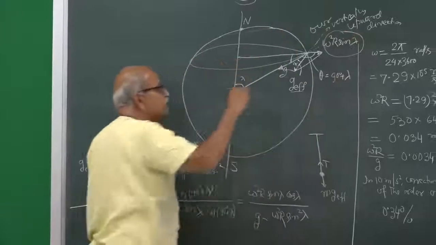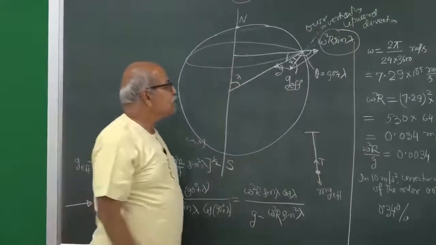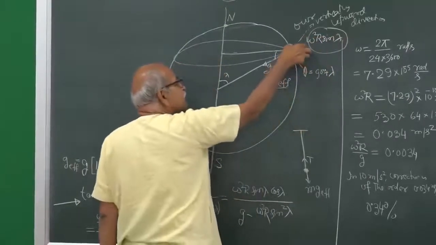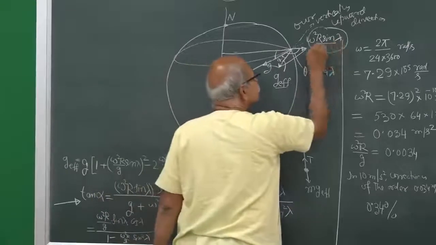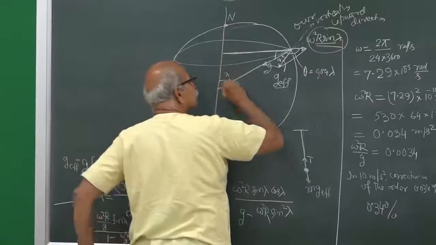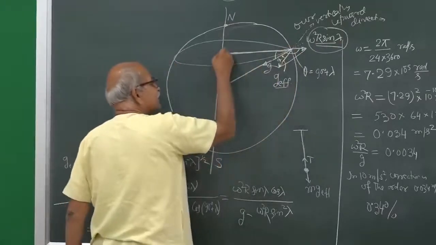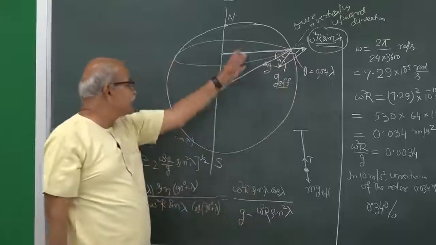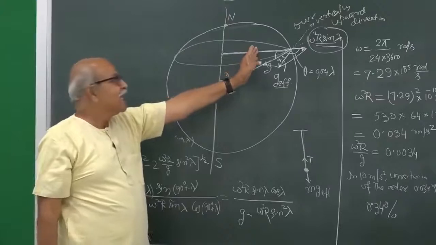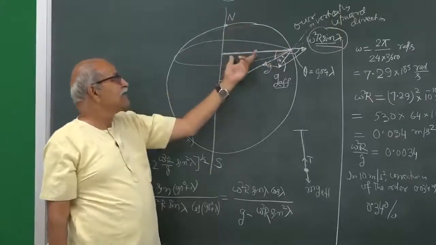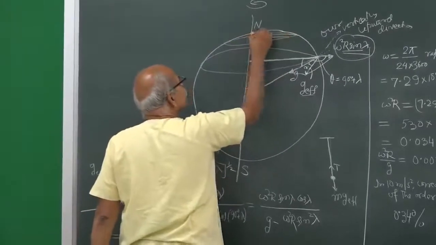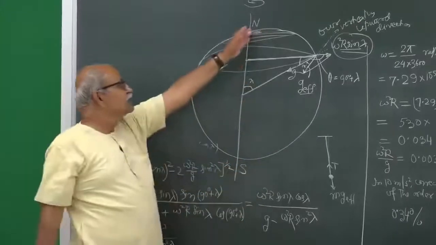It should be like this, because if you are here, how much is this omega square capital R sin lambda, right? This sin lambda is 0, this whole vector is 0. This r sin lambda is in fact this radius, this whole thing is capital R, and this is lambda, and it is this radius for which we had written this omega square capital R into sin lambda. And if you are here on the poles, this radius is 0. If you are here, then this radius is this much. At the pole, this radius is 0.